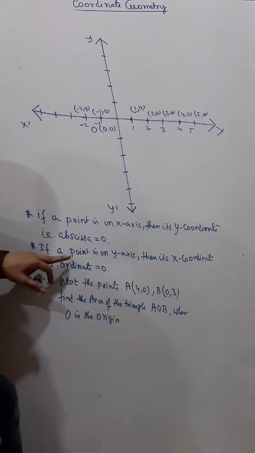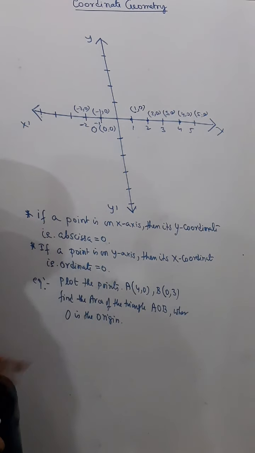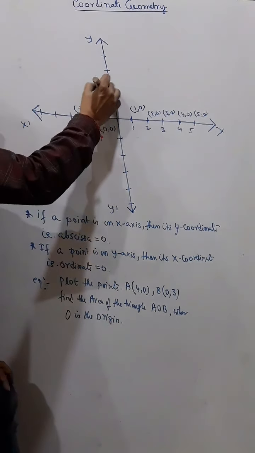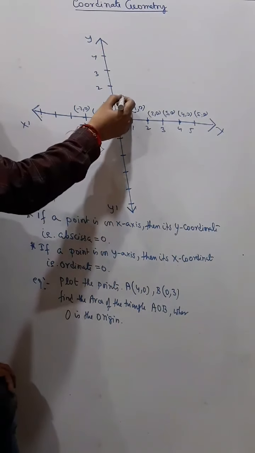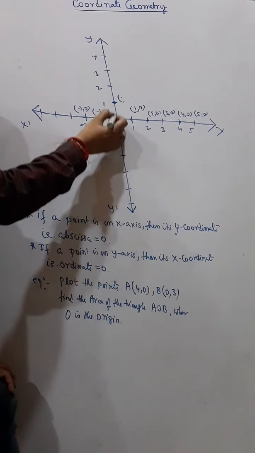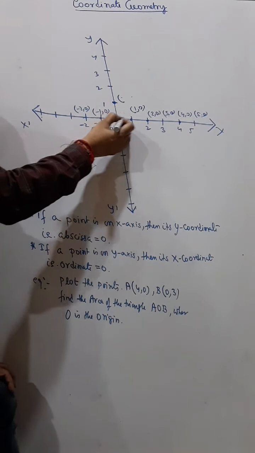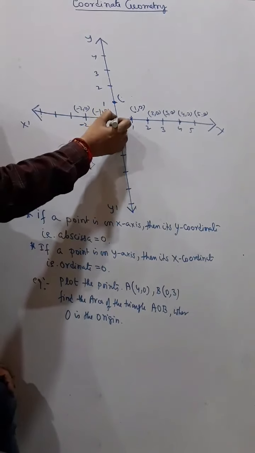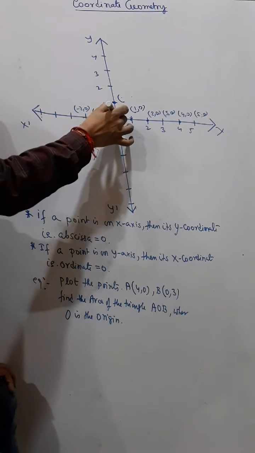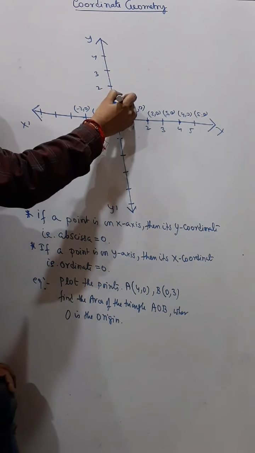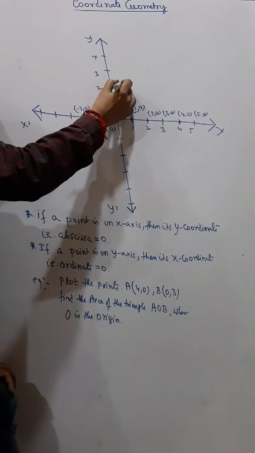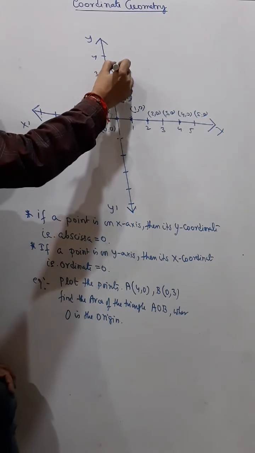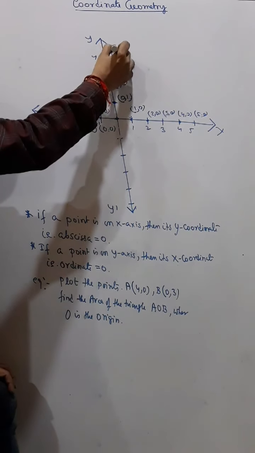Similarly, if a point is on the y-axis, then its x coordinate will be 0, right? So this is 1, this is 2, this is 3 and this is 4. So the coordinate of this point: the first value is the x value and the second value is the y value. So y value is 1, but unless we go left and right, the x value will not change. So x here at origin is 0, 0. That means the coordinate of this is, the x value is 0, y is 1. So 0, 1. Coordinate of this will be 0, 2. Coordinate of this will be 0, 3. And coordinate of this will be 0, 4 and so on.